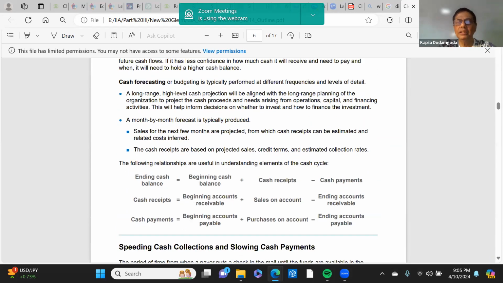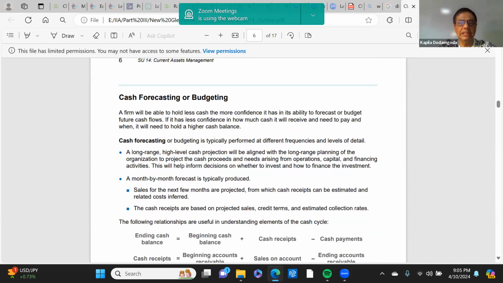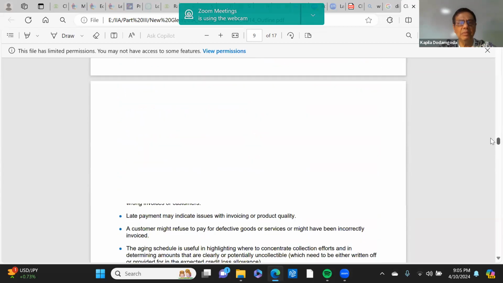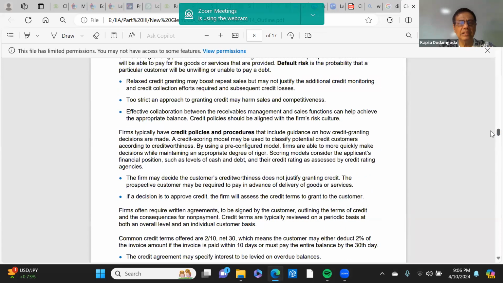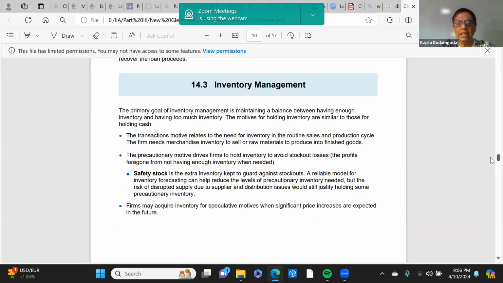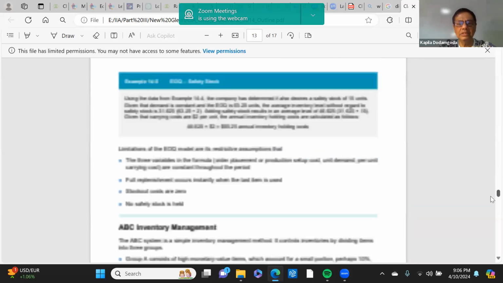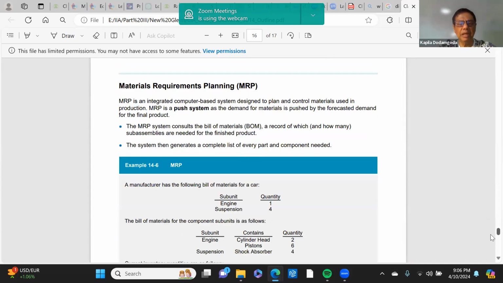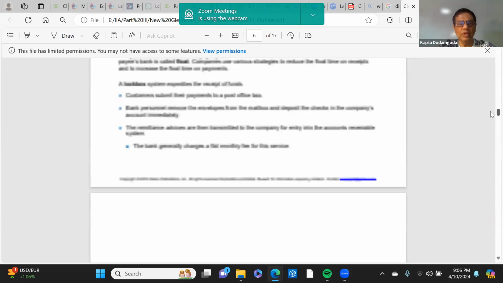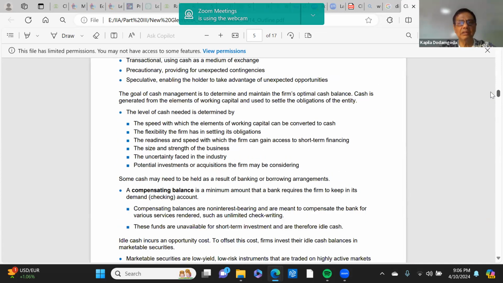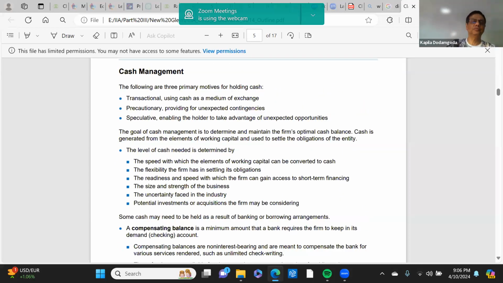Now one is about cash forecasting and budgeting. Right now, because the points after this, we'll be looking at the cash part, and then later we'll be looking at the other parts of the current assets. Basically, we'll be looking at receivables management and inventory management in the next lectures, and then they'll touch upon just in time, MRP, little things like that. So today we are going to look quickly at cash forecasting, at least part of that, so that we are somewhat eased, right?